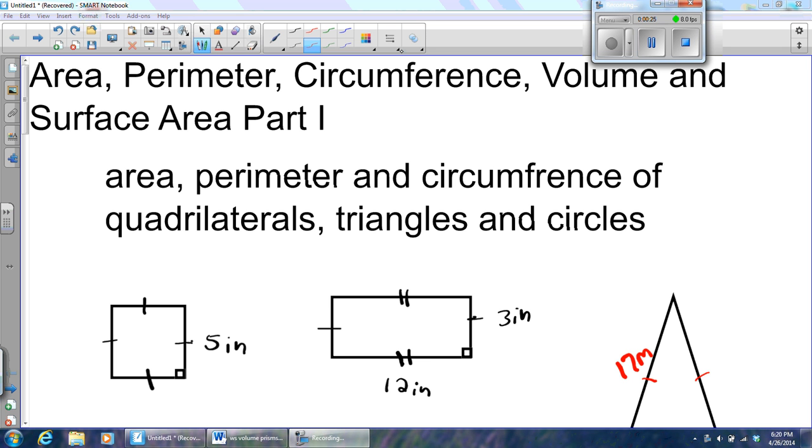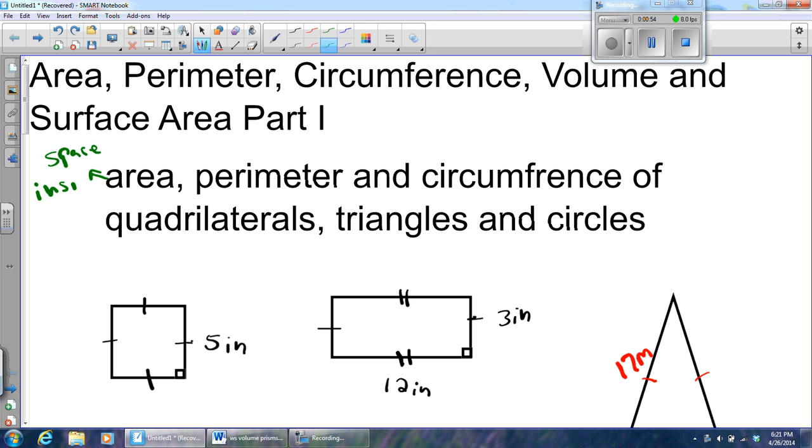All right, so we're going to be talking about area, perimeter, circumference, volume, and surface area. Specifically area, perimeter of quadrilaterals, triangles, and then area of circles and circumference of circles. Now, we're also going to talk about volume, but we'll do that in a little bit later part of the video. First of all, you need to know that area is the space